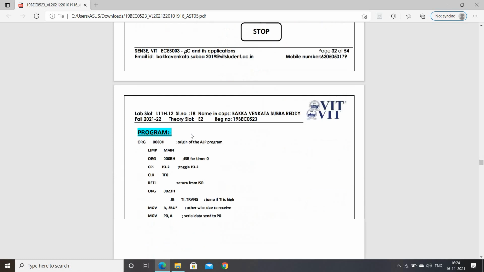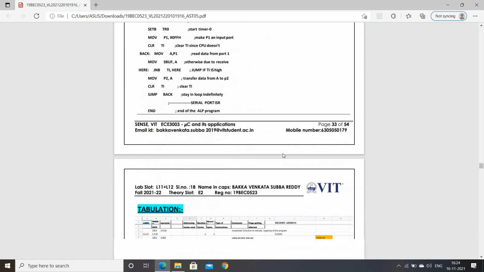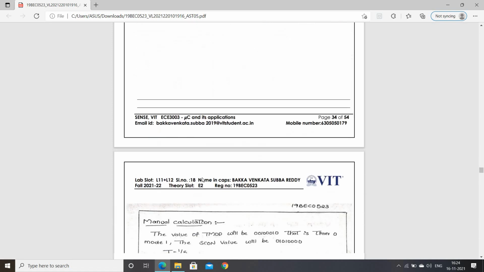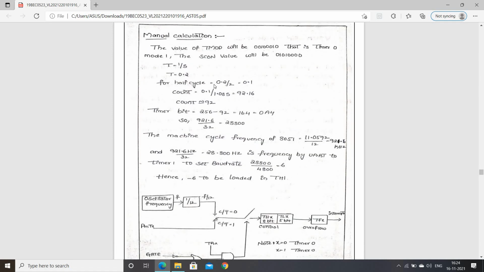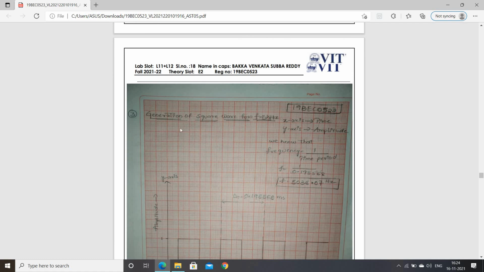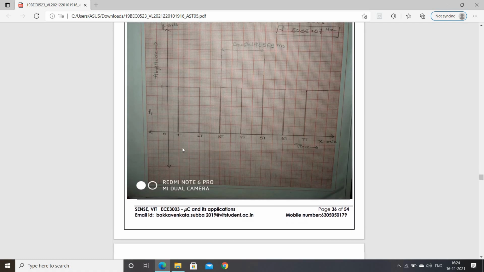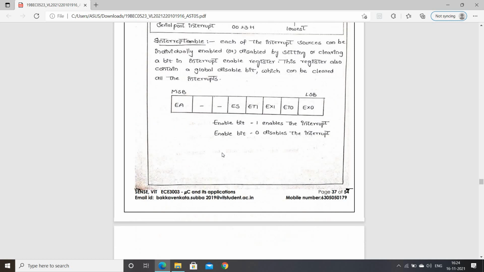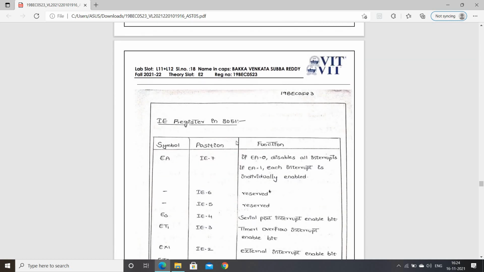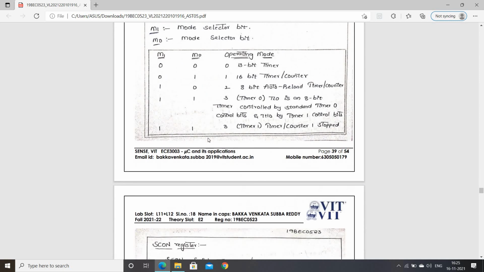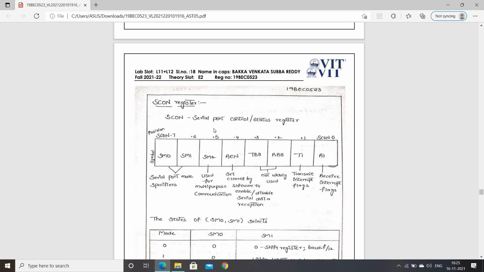and this is the flowchart, and this is the program, and this is the tabulation, and here is the link for the Excel sheet, and this is the manual calculation, and this is the graph work that I have done for the third question, and this is the 8051 interrupt structure, the IE register in 8051, and TMOD, SCON register,